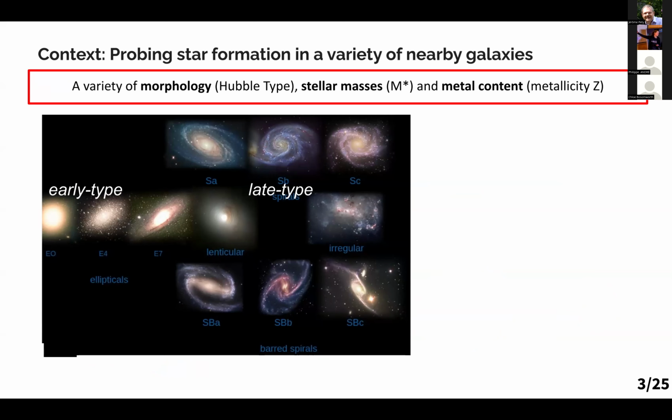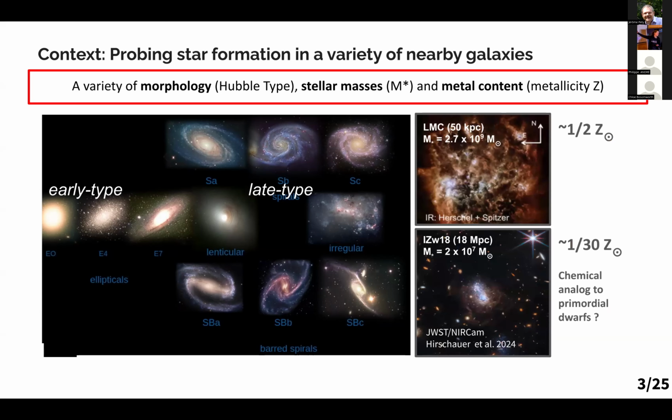Another interesting proxy that we can look at is also the influence of the stellar mass, specifically because there's a link between the stellar mass and the metallicity content of the galaxies. So in the nearby universe, we also heard from a previous talk that you can access galaxies that have a smaller stellar mass, like the LMC or some other dwarf galaxies, and that in these galaxies you actually probe a regime that is chemically different, with less dust and less heavy elements, which is going to change this molecular cloud cycle.